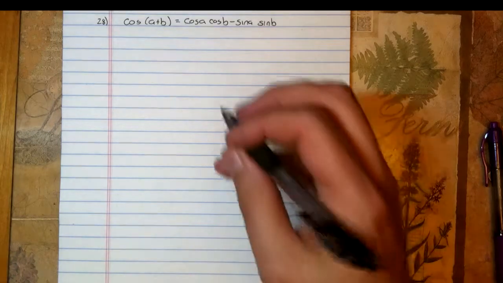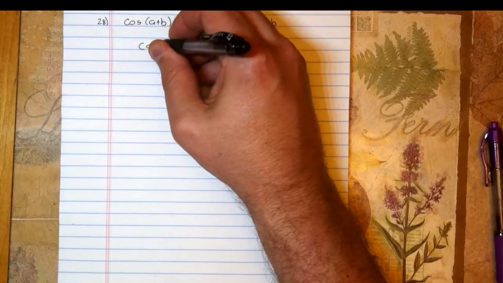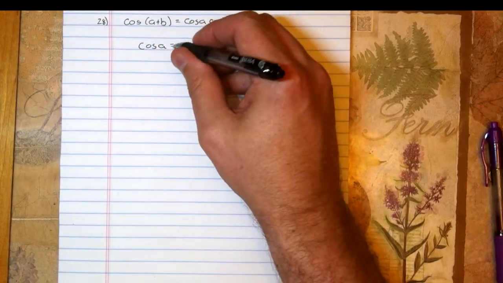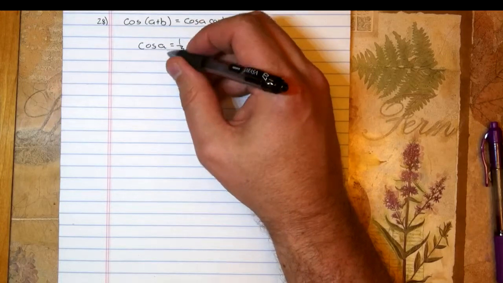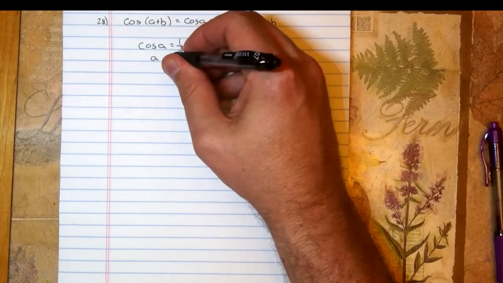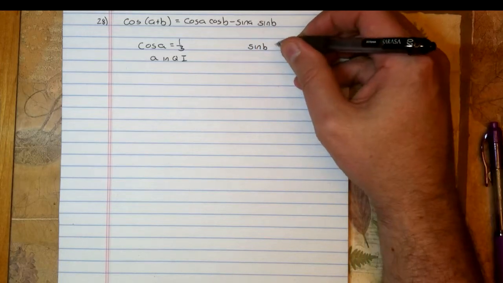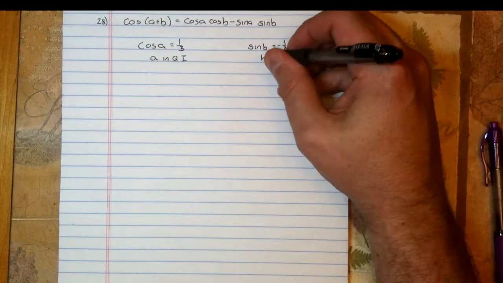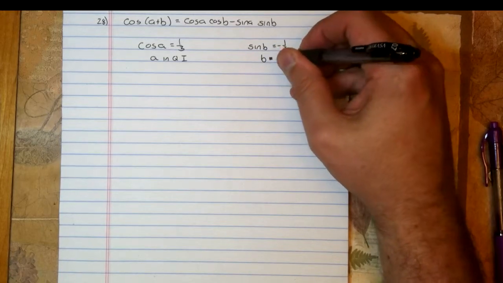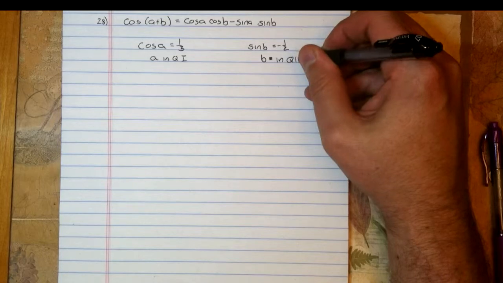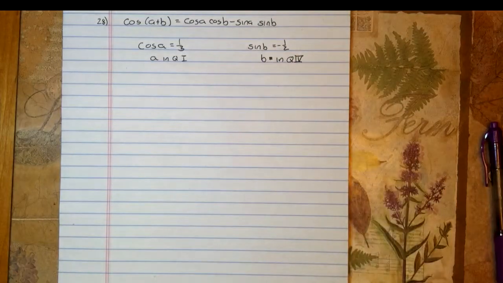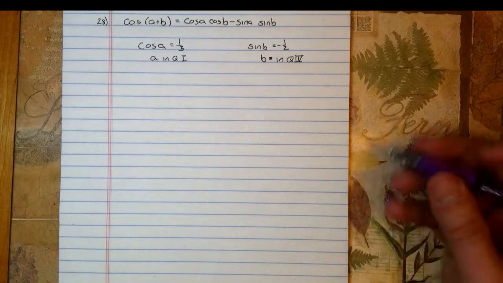And so our given information is that cosine of A, remember we're calling S A, equals 1/3, and it tells us that angle S is in quadrant 1, so that's our angle A is in quadrant 1. And then it also tells us that sine of T, so we're going to call that sine of B, is equal to -1/2, and our angle B is in quadrant 4. So we're going to use this quadrant 1, quadrant 4 information when we get to the point of taking the square root of both sides of the equation